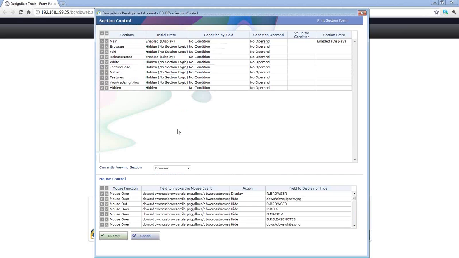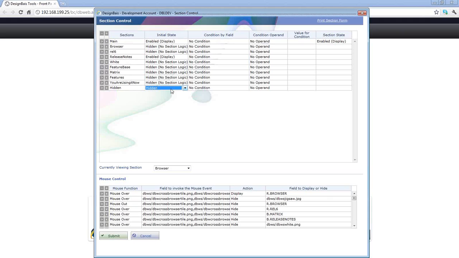Because typically what happens with the DesignBais section logic is down here it says it's permanently hidden, or it's hidden in a particular condition. So the section logic is looking at the form. After every server hit, it looks at the form as a whole and says, okay, these things have changed. I need to apply some section logic to that now. So that section logic may then override what you are telling